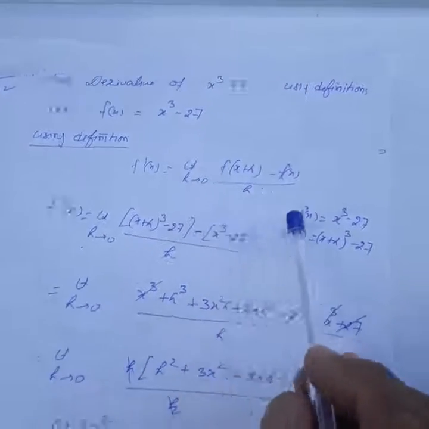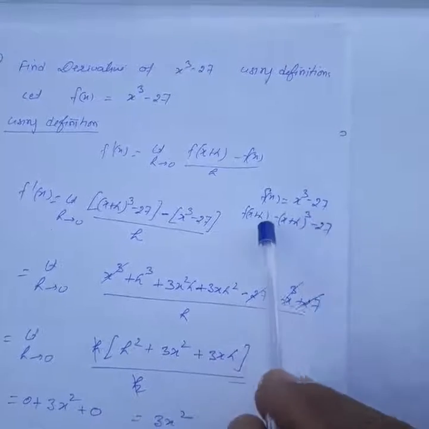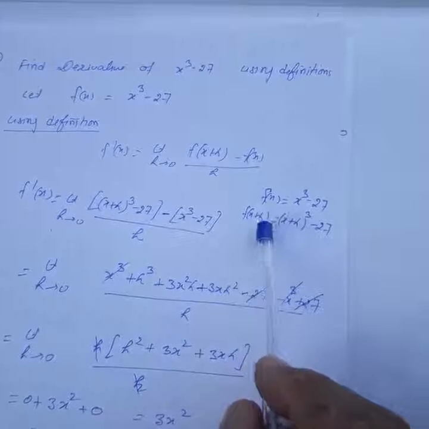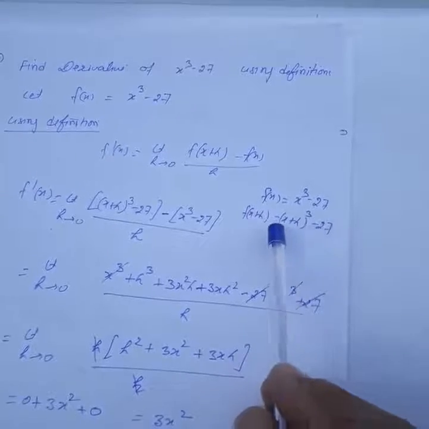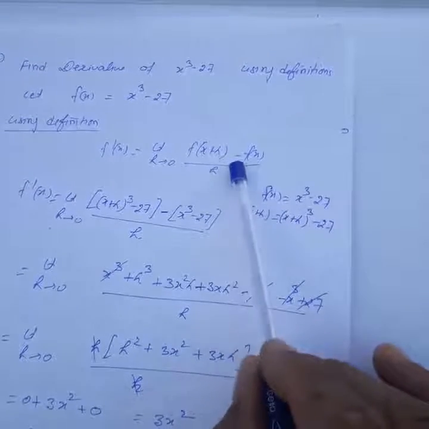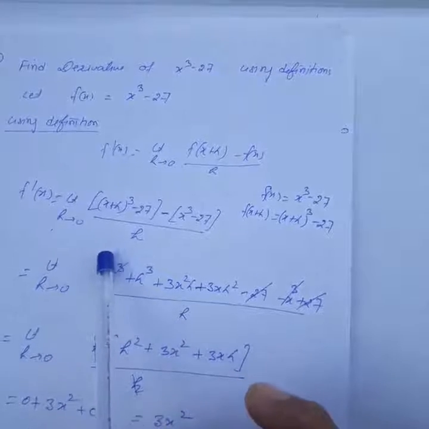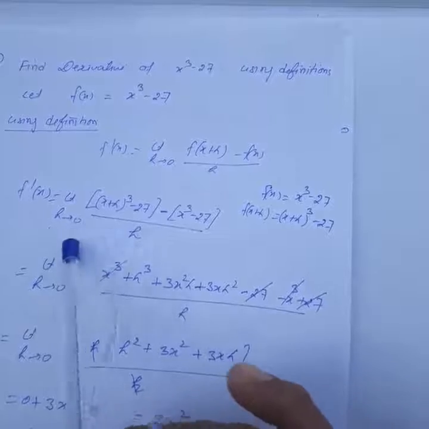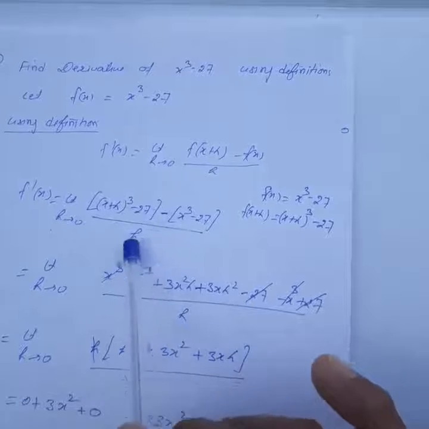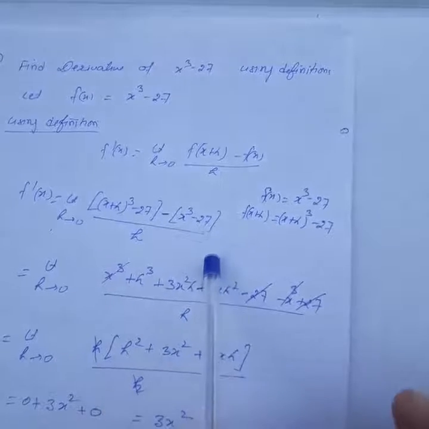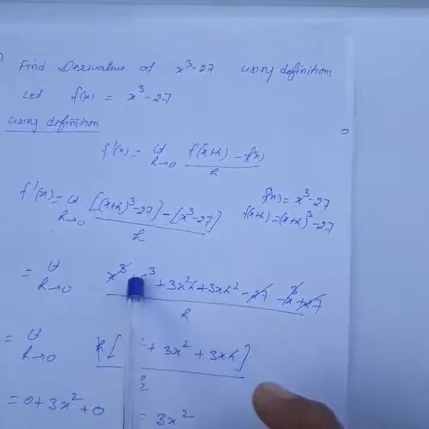So evaluate f(x) and f(x + h). This is f(x) we have assumed. For f(x + h), replace x by x + h and write inside the bracket like this, and put these values in this definition. So you will get this function. It is very important to write limit with every step. So f′(x) is equal to limit h tends to 0. Now if you directly put h = 0 in this function, you will have 0 upon 0 type indeterminate form. So that's why we need simplification.